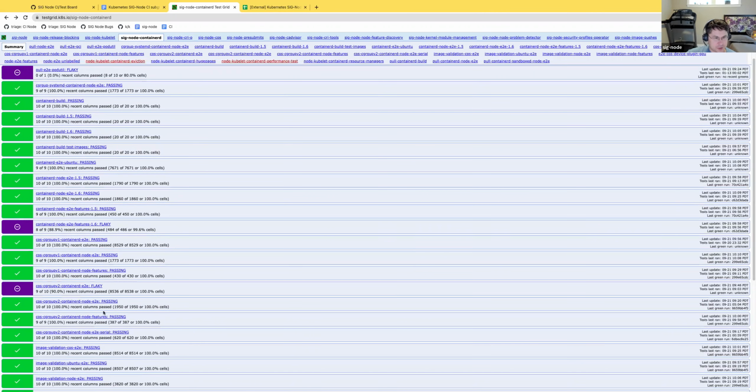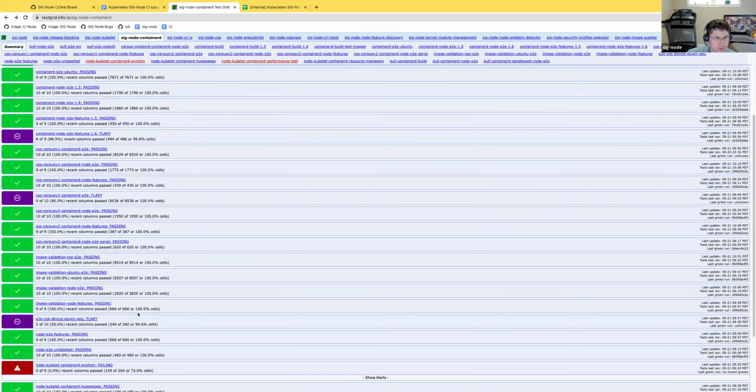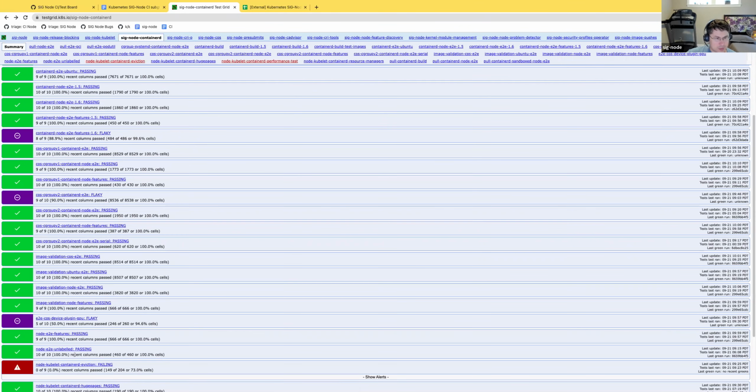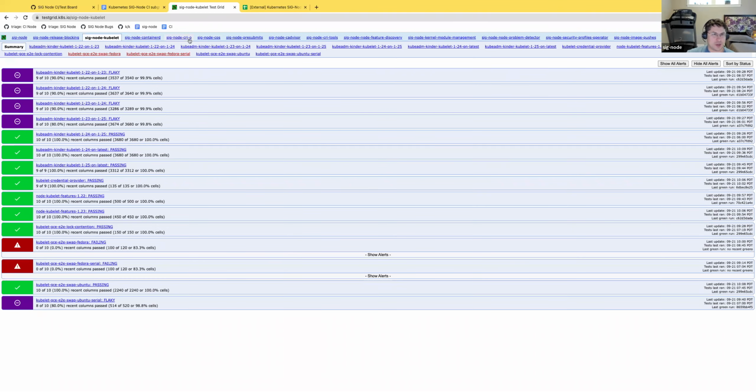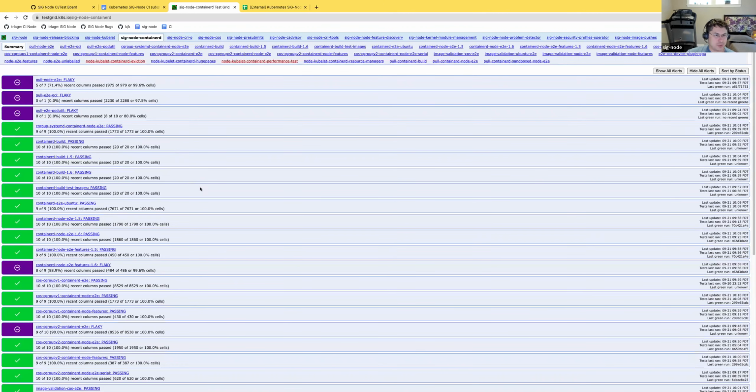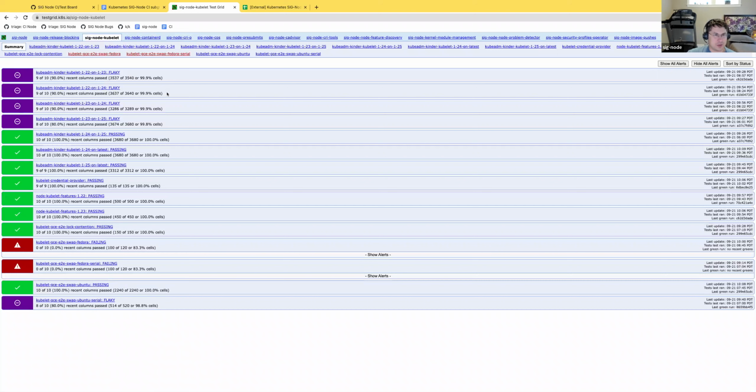We have serial, we have features, unlabeled. It's old, orphaned. So it feels like there is something happening. Maybe what happened is many tests from kubelet got migrated to containerd and cri-o, which makes it clearer what environment you're running on. But it may not be very clear from the perspective of a person just coming to this test grid and trying to understand the status of kubelet: is it green or not?